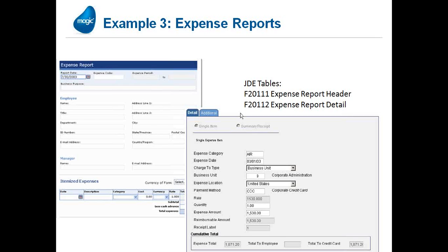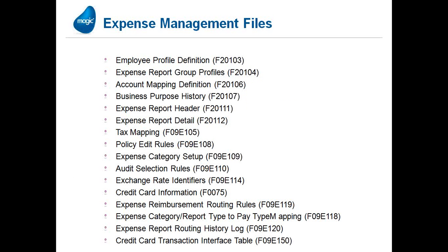Third example, expense reports. With an expense report application running in SharePoint, you have a very easy way for users across your organization to enter their expenses and then to be able to integrate that to JD Edwards. And you're going to have integration points like the F0411Z1 expense report header and the F0412Z1 report detail that are part of those expense report processes.